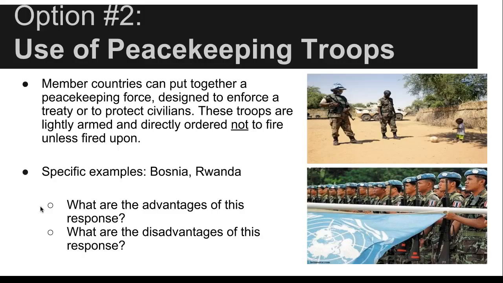So it doesn't matter what they see, it doesn't matter what's happening, they cannot fire unless they're fired upon. So Bosnia, Rwanda, for example, these are places in which genocide was occurring where peacekeeping troops were put there. Now, how effective or not effective they were, well, that's up for you to determine and hopefully find out about as we go and cover more of these